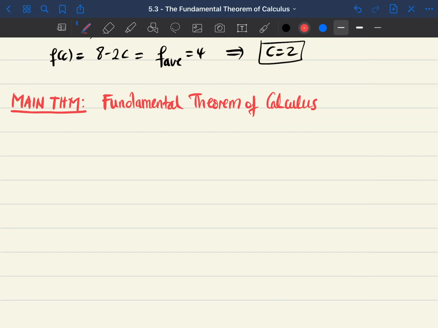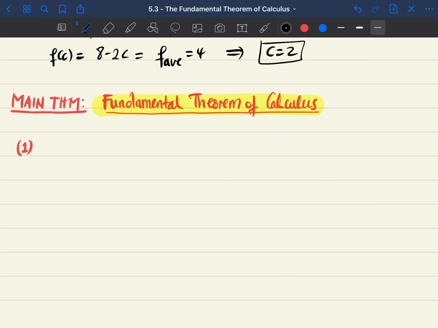Okay, so I'll state both of them at the same time. Okay, so just give me 1 second. Okay, so there are two parts to this theorem. So part 1